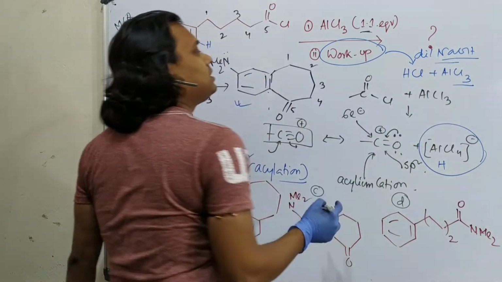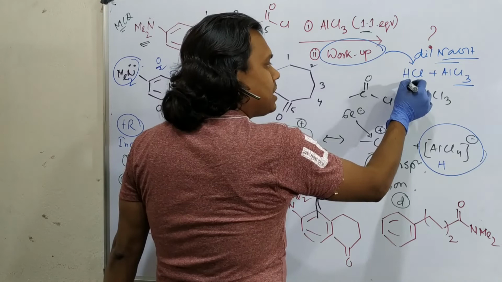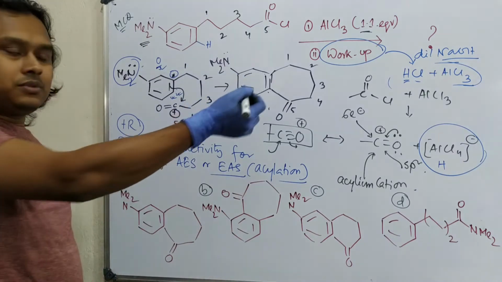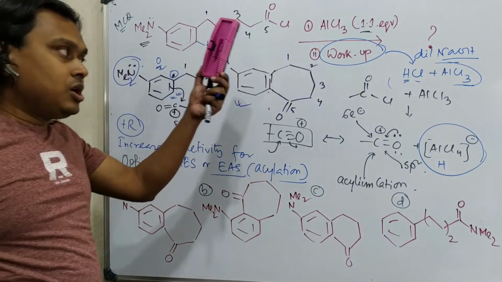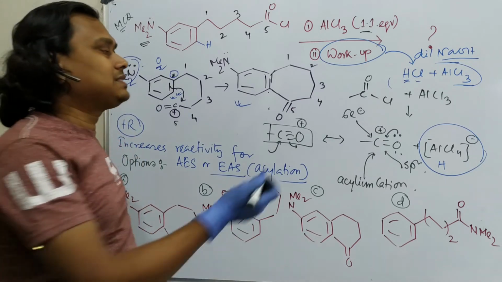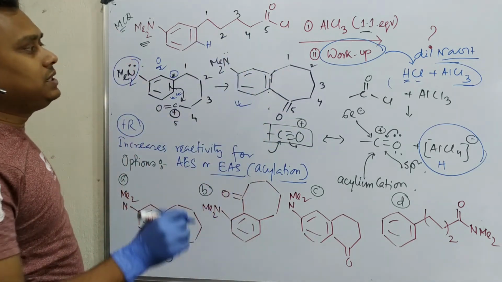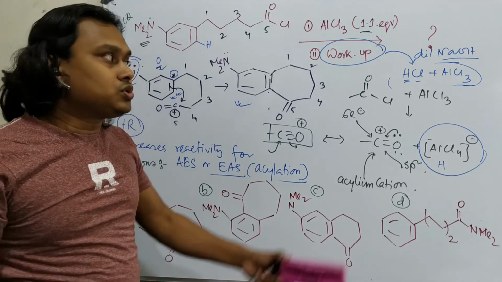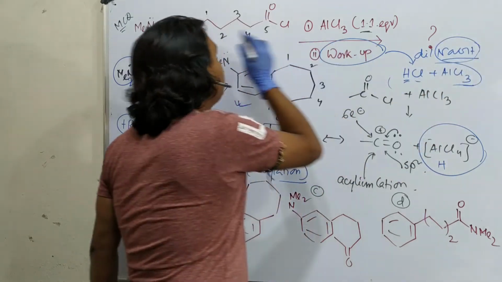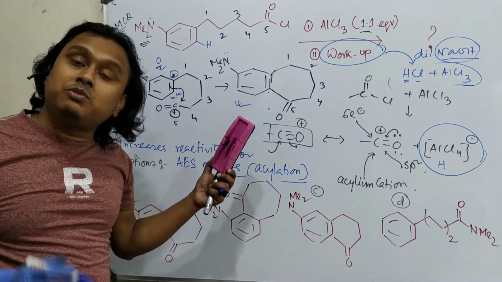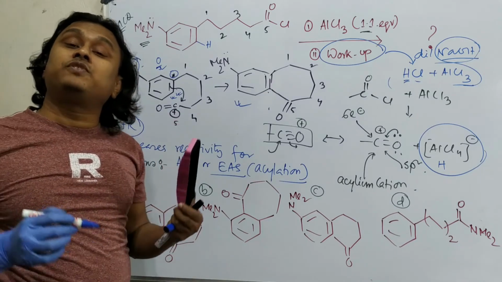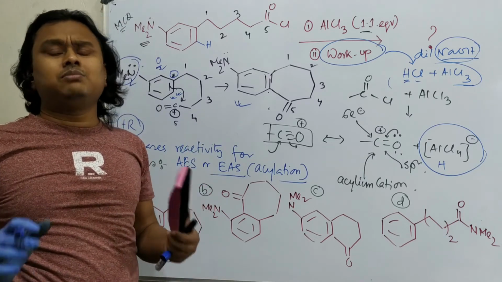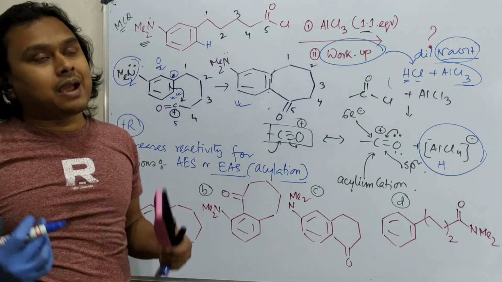And after that, see, if you quench with dilute NaOH, the inorganic part will go to the water part, and if you want to extract the organic part, then put ethyl acetate and water and separate, extract this. Second point, this HCl, not only AlCl3, can protonate this amine and it remains as an ammonium salt. So whenever you add this dilute alkali, it will quench this ammonium salt and ultimately result in the amine, because we know in acidic medium amine prefers to remain in ammonium form, but in neutral, or better to say slightly alkaline medium, we can get the amine back. So in this way, we get it.